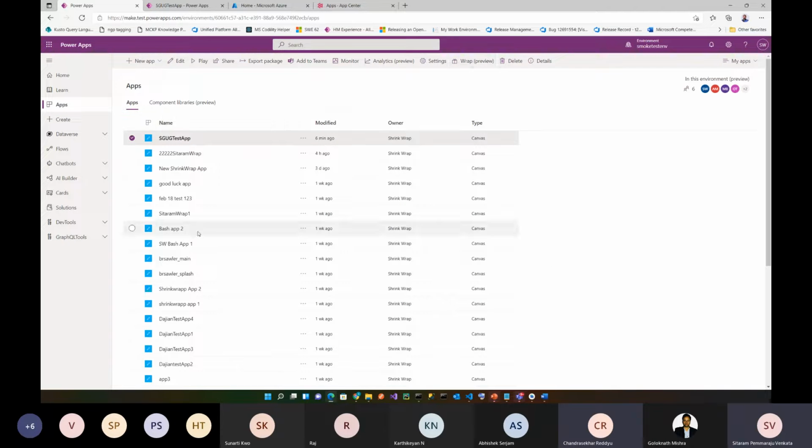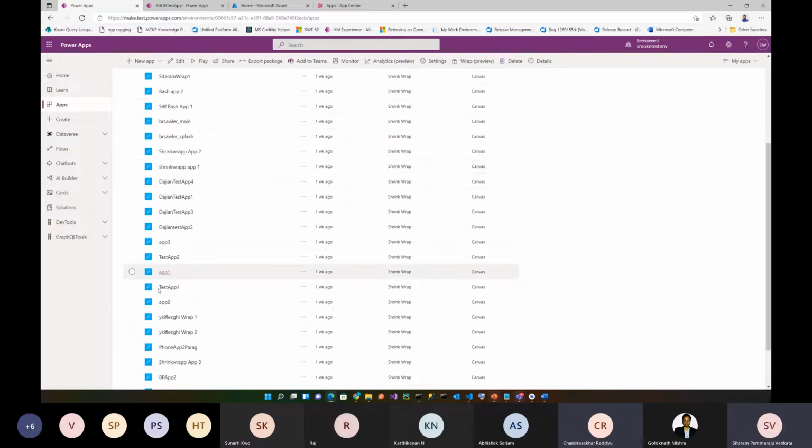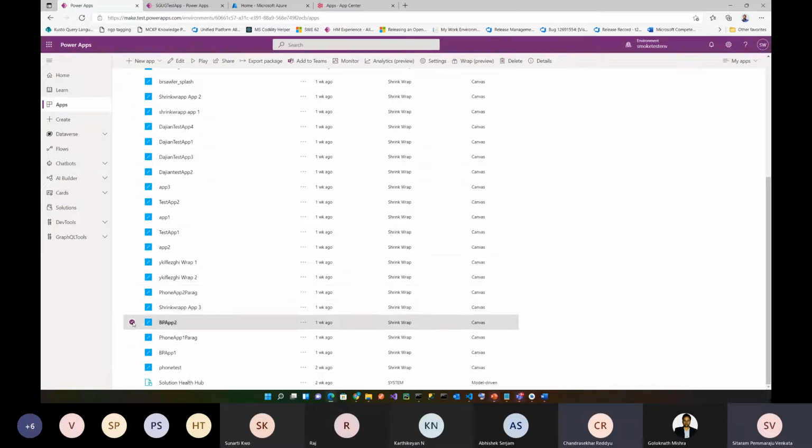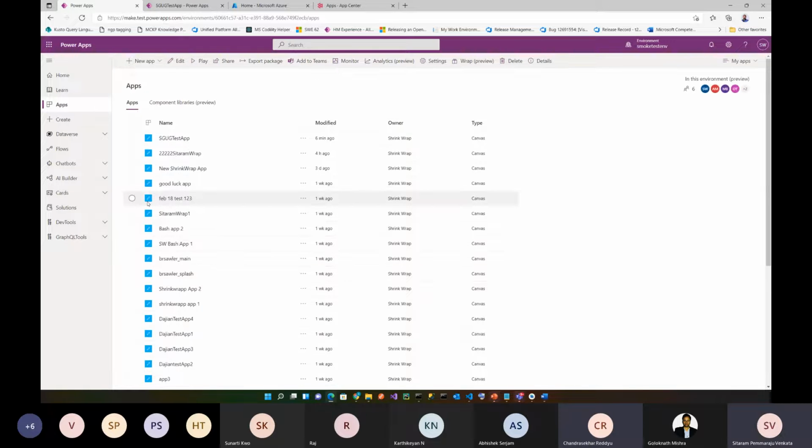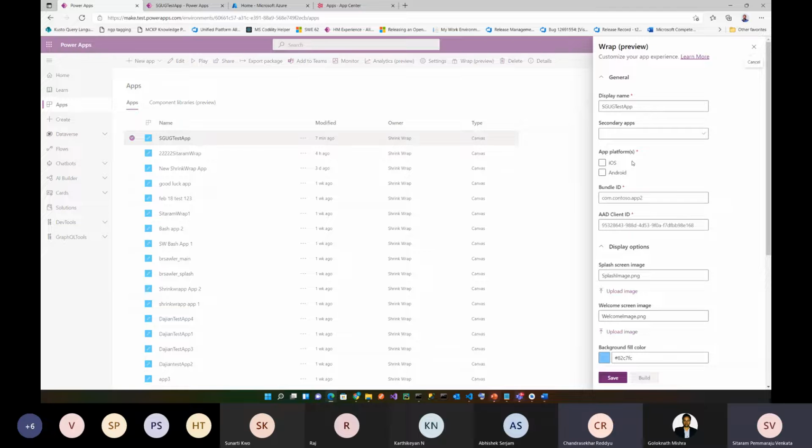So you see the wrap here. If you go to a few other apps which are directly created here, not in the solution, you will not see this wrap button. I think all the apps here are created using wrap, so that's why. Just assume this option will not be shown if you create the app directly here. The app has to be part of the solution to enable this wrap. Okay. So now within this wrap, you need bundle ID,